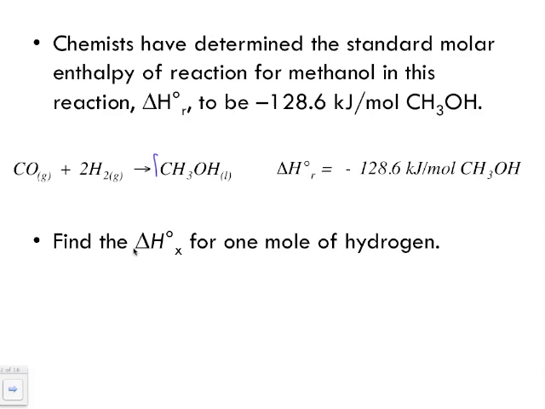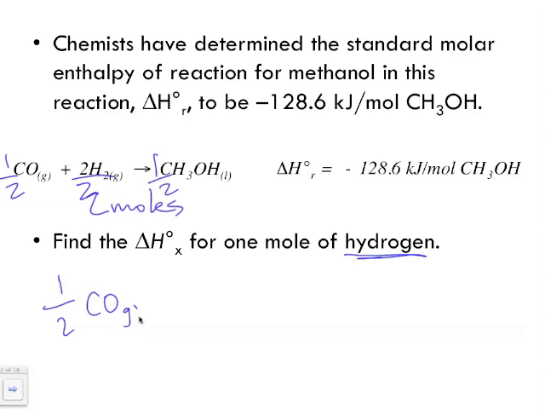But now find the delta H, the molar enthalpy change for 1 mole of hydrogen. But look at how many moles of hydrogen we have: 2 moles of hydrogen. So to find 1 mole of hydrogen, we need to divide this by 2, which means whatever I do to that, I must do to all these. The 1 that's here, this 1 divided by 2. And I'm going to get 1 over 2 carbon monoxide gas plus 1 mole of hydrogen gas to produce a